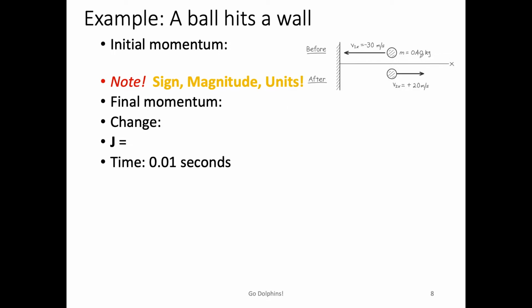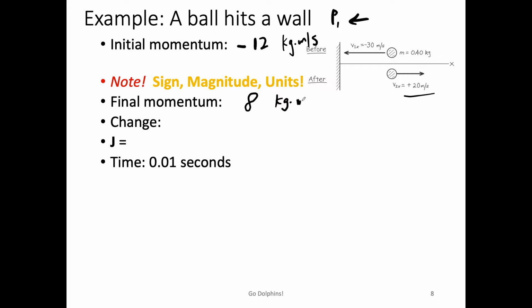0.4 kilogram, m, times v, the initial velocity. The initial momentum is negative because P1 is pointing in the negative direction. Initial momentum is 0.4 times negative 30, so it is negative 12, and the unit is kilogram meter per second. And then we need to find the final momentum, right? We know the final velocity is 20 meters per second, so m times v gives a final momentum of 0.4 times 20, which is 8